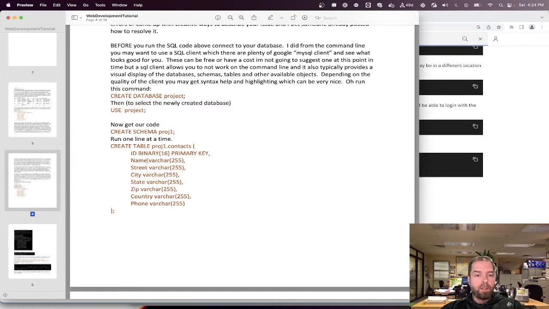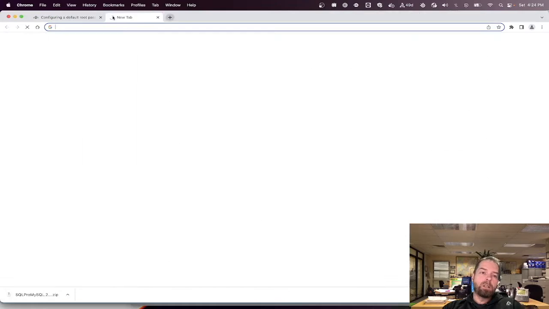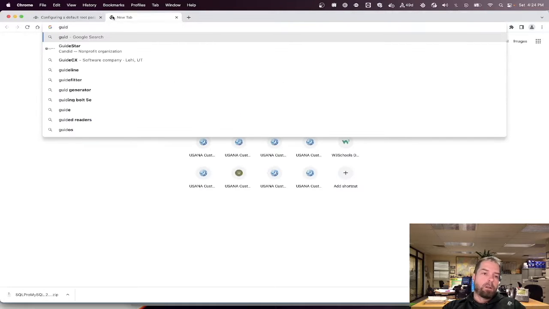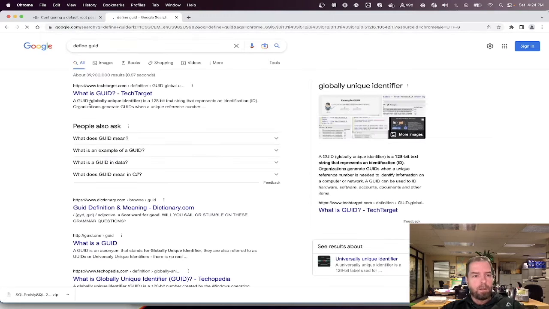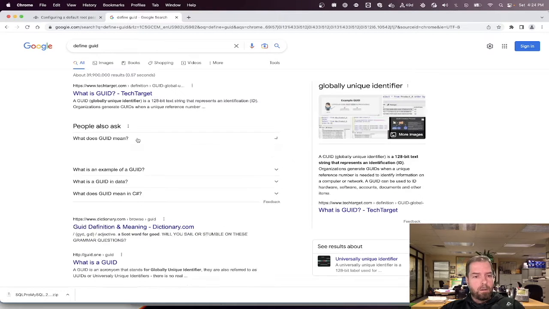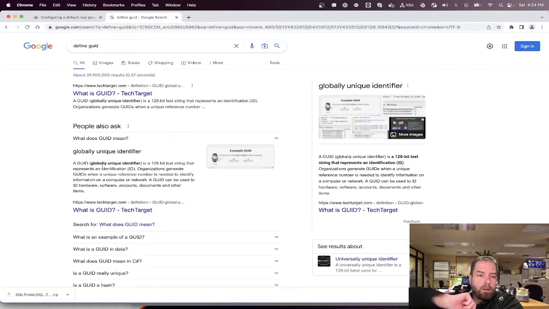For my primary key, I want to use what's called GUID, G-U-I-D. And I'll pull up the definition of that here. Globally unique identifier, 128-bit text string,